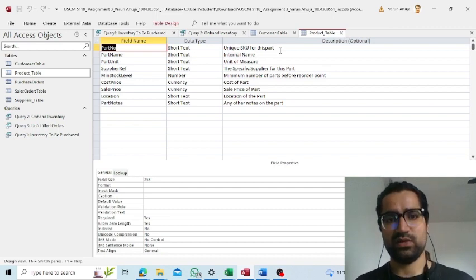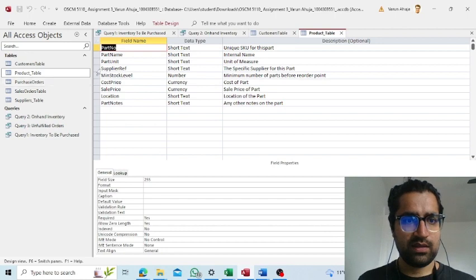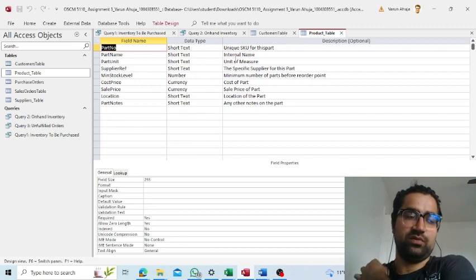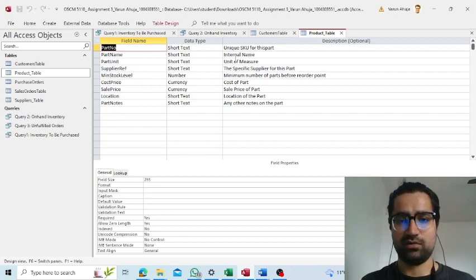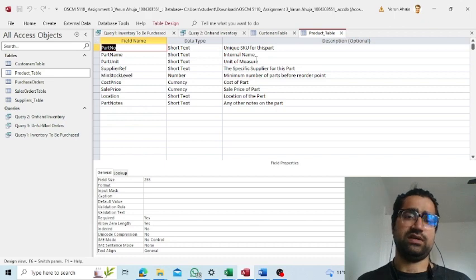So part number, I've mentioned, is a unique SKU for this part. And part name is the name of the product or raw material, the internal name, the name that people in your organization use to identify these products. So if you check how somebody calls that particular product, particular raw material within your organization,